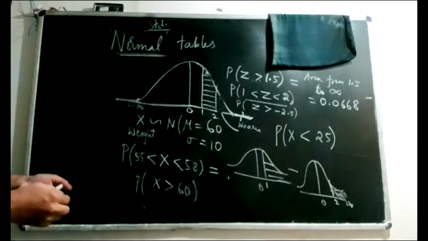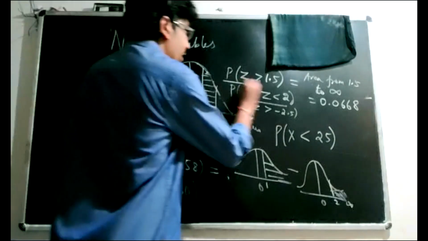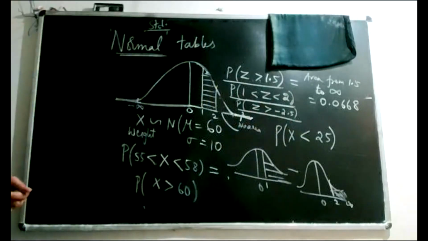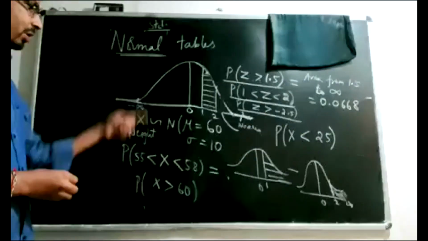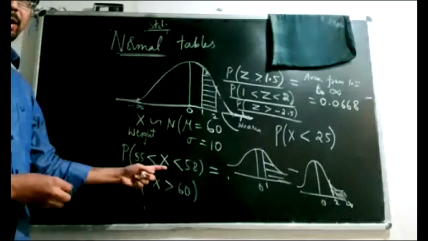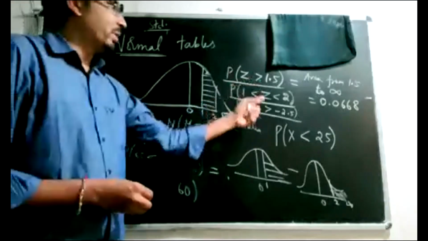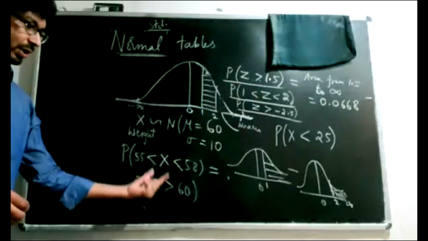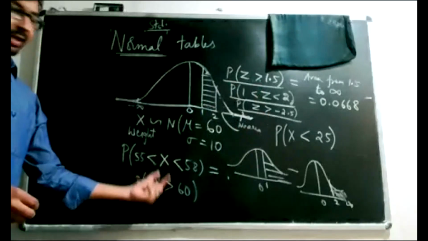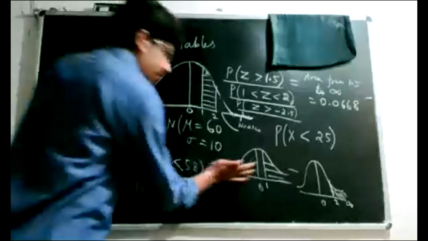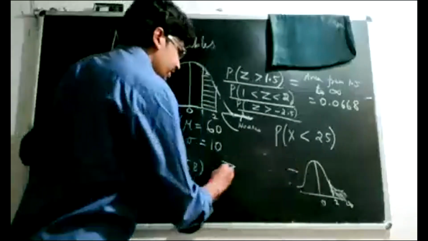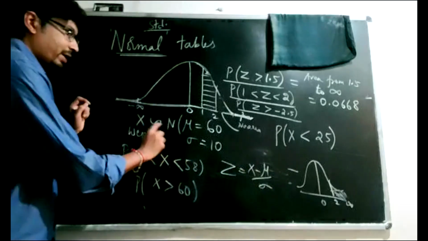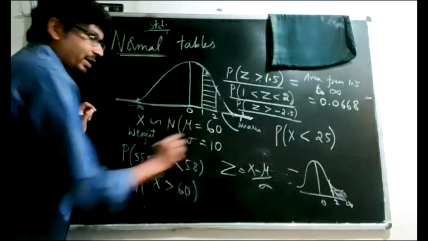Okay, so we're looking into how to compute the probabilities. We have just understood how to read the standard normal tables. But the problem is I have a normal variable, not a z variable. So if you want probabilities for the event of your interest, first convert that x into z. We define our z as (x minus mu) by sigma. So that means subtract 60 from your x and divide by 10.